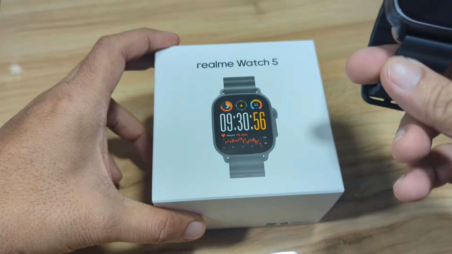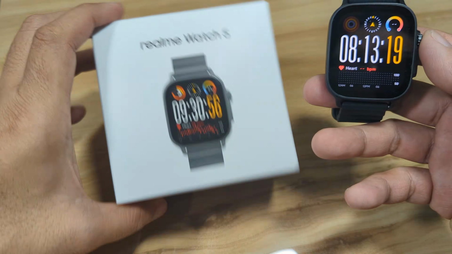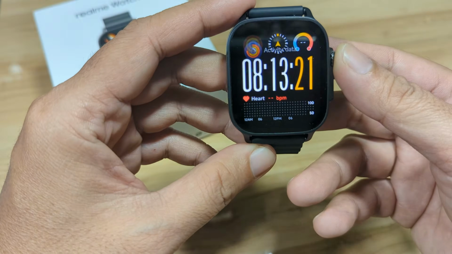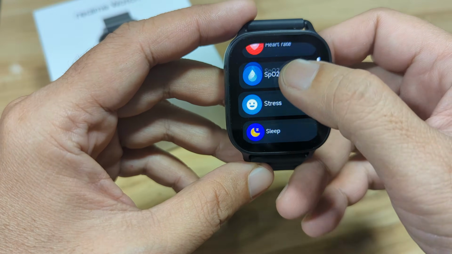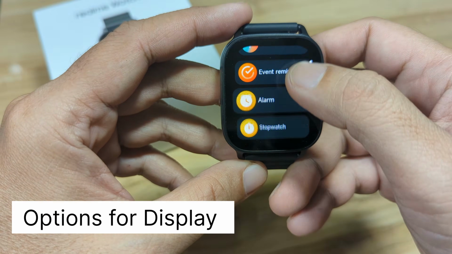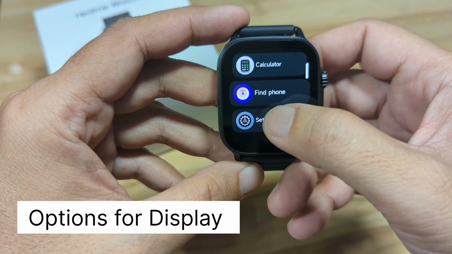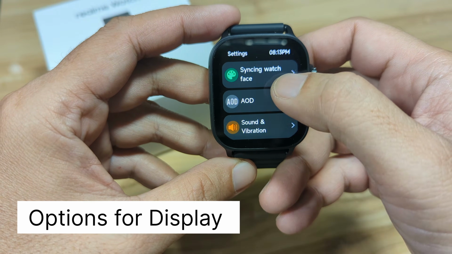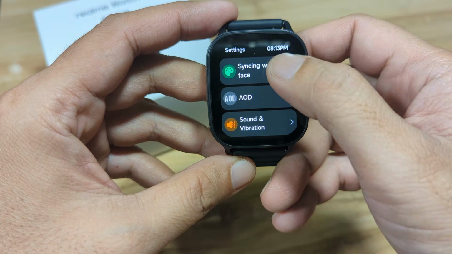Alright, so let's begin and explore the watch face section of the Realme Watch 5. Before we check on the watch faces, let's go first with the settings for the display. What are the options available for the display? We have here always on display support.